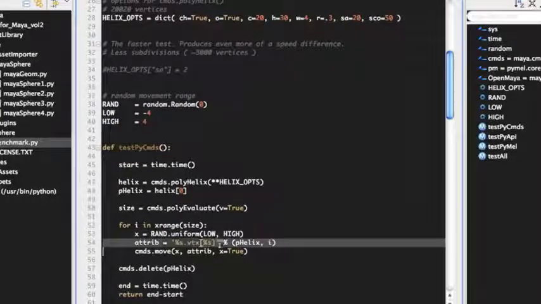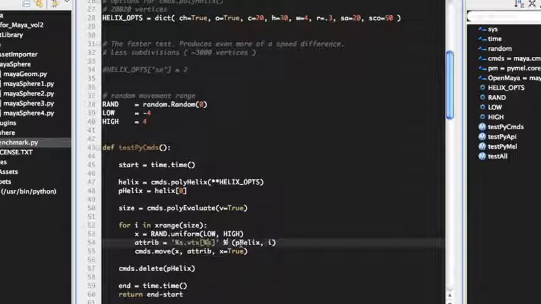Then we're going to build up our attribute, and the way we access each vertex is with the name of the helix, and then the attribute is vtx, and they let you use these brackets almost like you're indexing an array, to get each